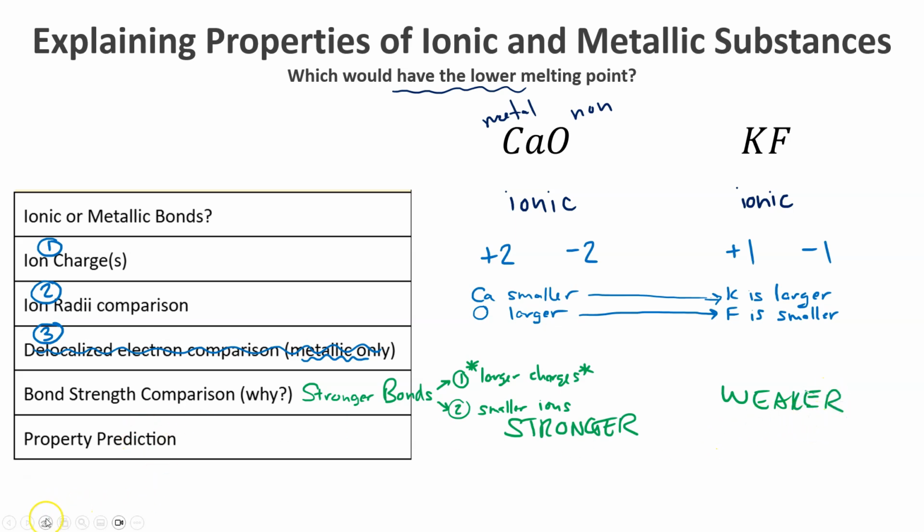All of this is so we can predict the property of these substances, which is, again, which would have the lower melting point. Anytime there are stronger bonds between the particles within a substance, that's going to correlate to certain types of properties. In terms of melting point, that's going to result in a higher melting point. That means the weaker ionic bonds in potassium fluoride are going to result in a lower melting point. Now I've got my answer. Which substance would have the lower melting point? It's going to be potassium fluoride, because its